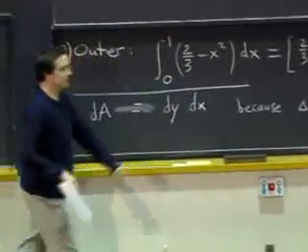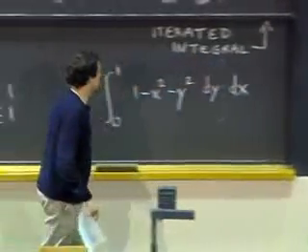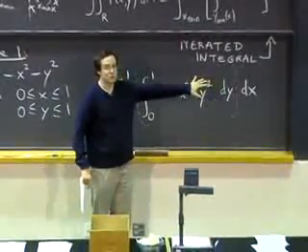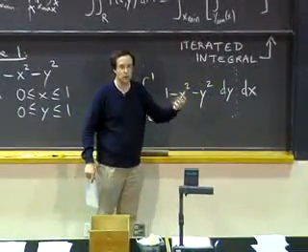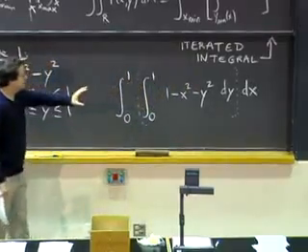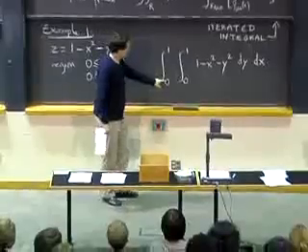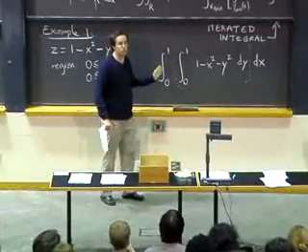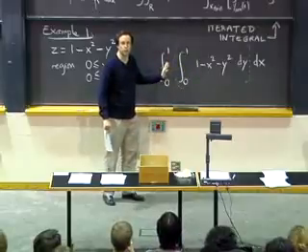Now it became dy dx and not dx dy. Well, that's a question of in which order we do the iterated integral. It's up to us to decide whether we want to integrate x first, then y, or y first, then x. But as we'll see very soon, that is an important decision when it comes to setting up the bounds of integration. Here it doesn't matter, but in general we have to be very careful about in which order we do things.